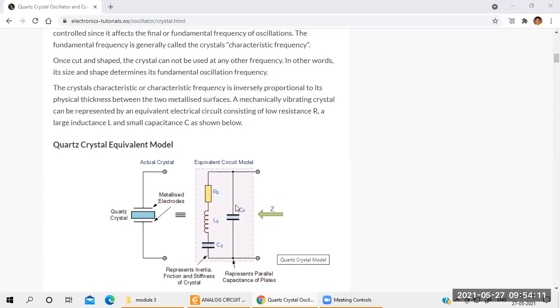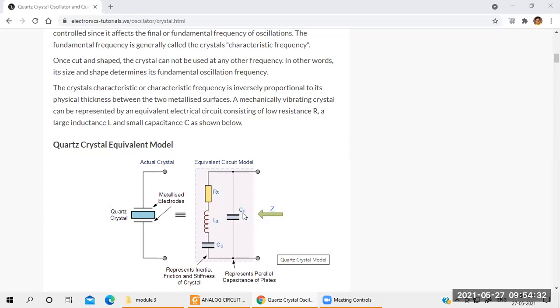Understood? In a crystal, there are two types of operation. Remember this. First one is series, second one is parallel. In the exam they can ask anything. Sometimes they'll ask both. For the 8 marks, they will ask for both. So write the proper circuit diagram, then give the equations, then solve the problem.